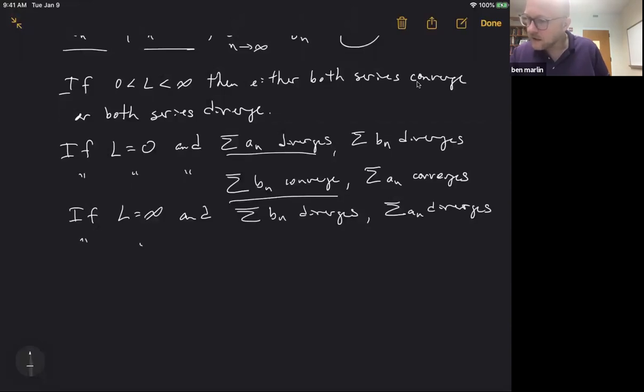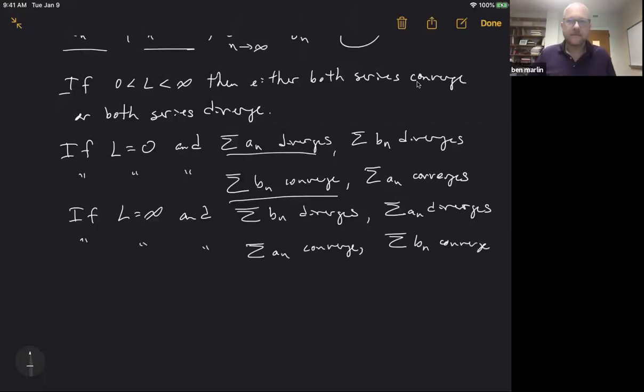And if you got infinity and the summation of the a_n's converge, the summation of the b_n's converge. Okay, so it's always some sort of conclusion about the growth rates being similar, not opposite. Okay,